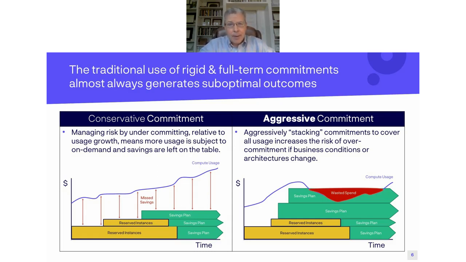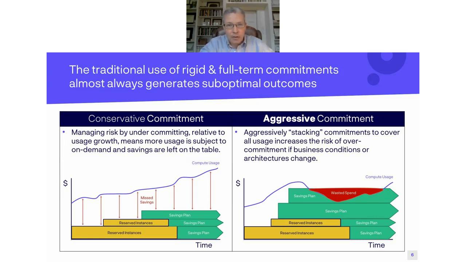And what we see gets back to the limitations of the compute savings plan. When you procure these instruments, once again, they are fixed term, 12 or 36 month. And once you make that dollar per hour commitment, you are subject to it for the length of that term. So what we find in general is that because these instruments are complicated to plan for, and because they incur risk, most people end up on the left-hand side of this page, where you can think about their usage as this purple line going up and to the right,